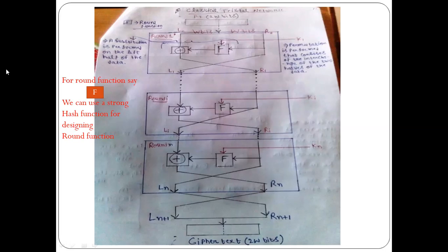Here we consider 2W bits. Whatever the bits we consider, say 64 bits, then we will make two halves of 32 bits,